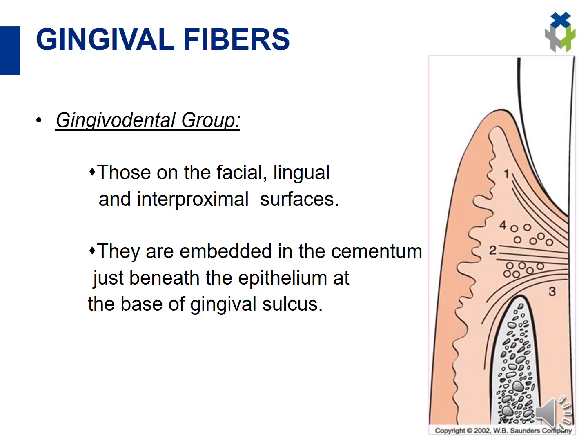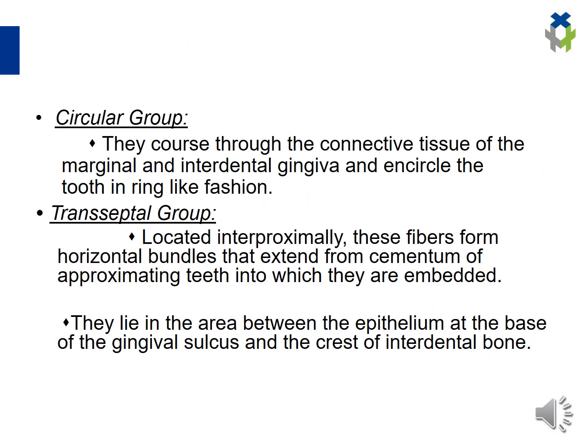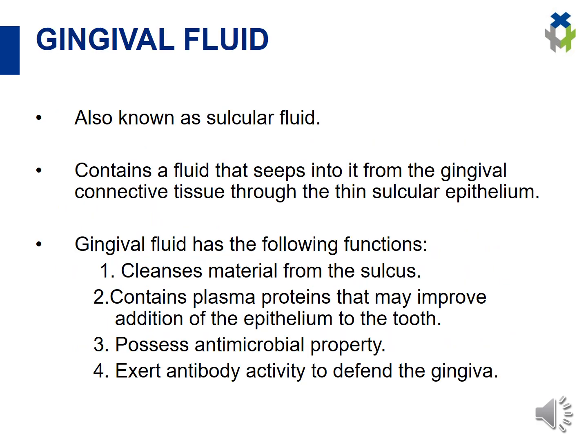The gingivodental fibers are those on the facial, lingual and interproximal surfaces. They are embedded in the cementum just beneath the epithelium at the base of the gingival sulcus. The circular group courses through the connective tissue of the marginal and interdental gingiva and encircles the tooth in a ring-like fashion. The transeptal group is located interproximally. These fibers form horizontal bundles that extend from the cementum of approximating teeth into which they are embedded. They lie in the area between the epithelium at the base of the gingival sulcus and the crest of the